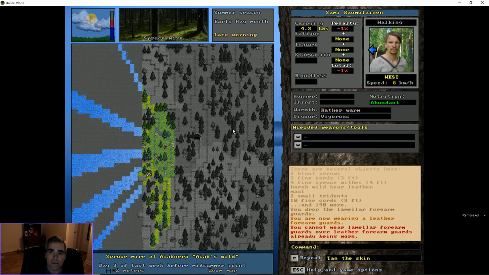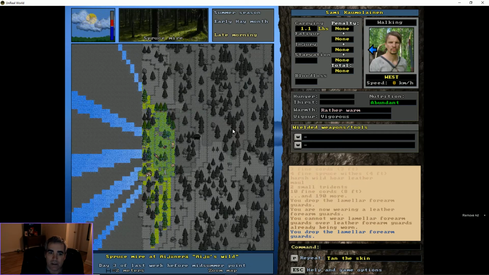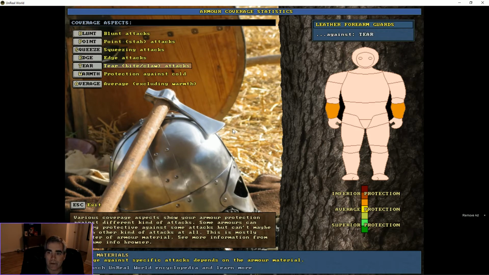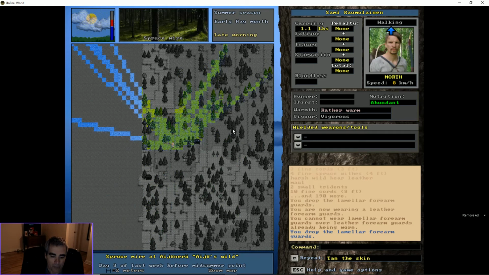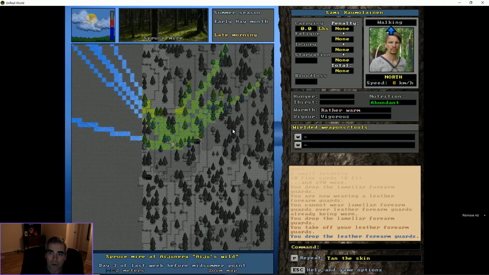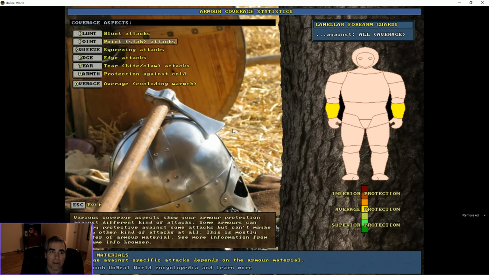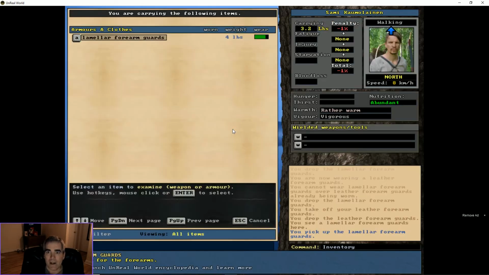Okay, drop these. So these weigh 1.1 and are 333. These weigh 3.2, almost 3 times as much, and are 476. Okay. The leather ones are much more efficient,